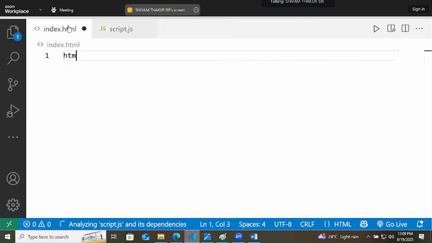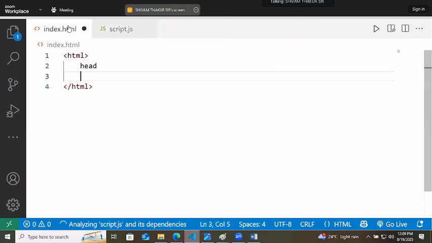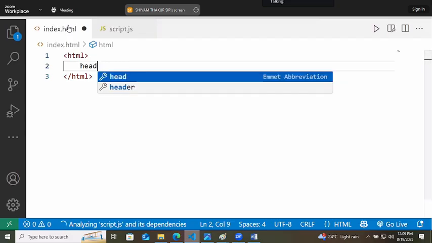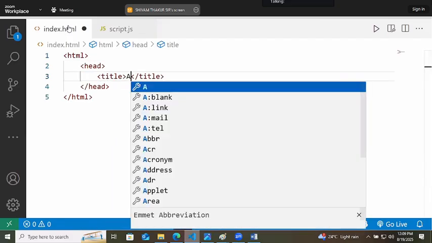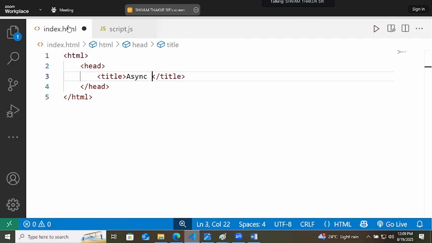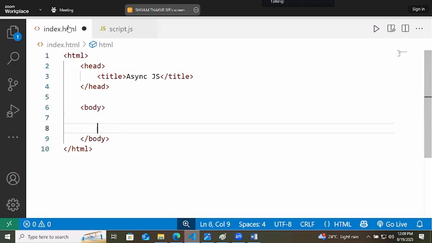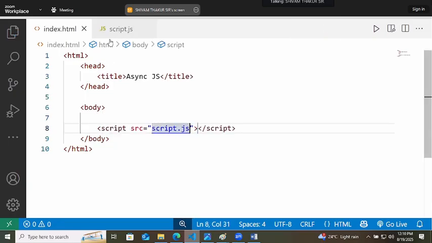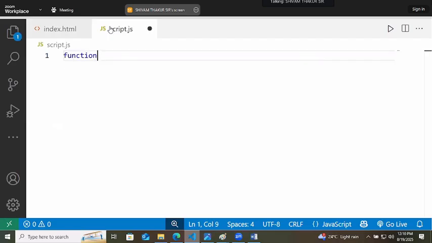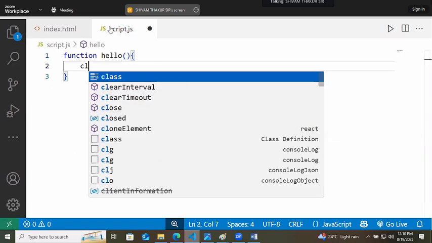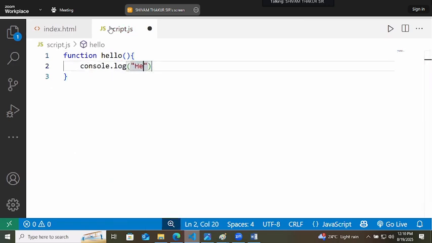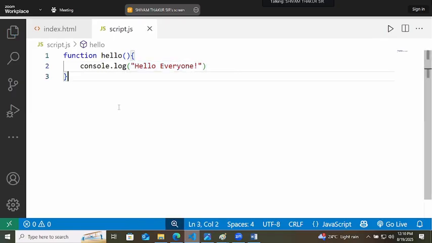In the HTML file, all the basic code we will prepare. Async.js. Now in JavaScript, I will simply write that there is a function of hello, and this function is printing hello everyone to the console.